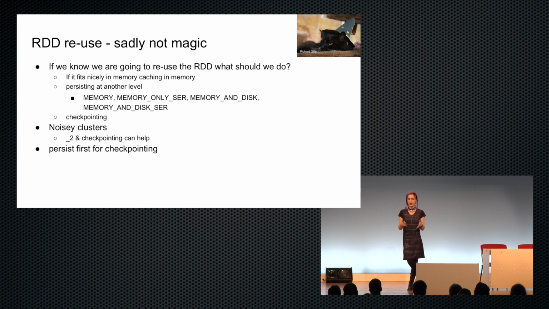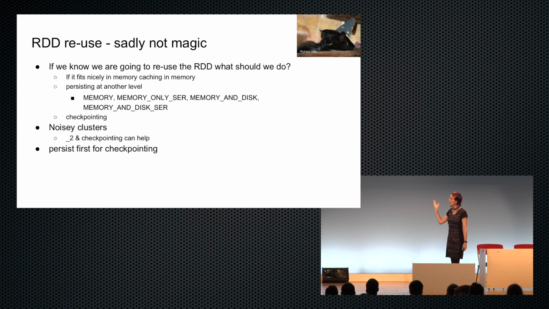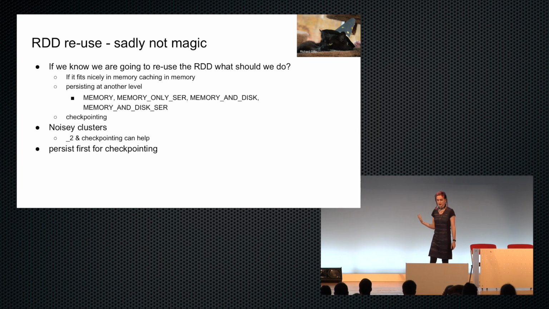And our action is something like saving it out to disk or counting the records, something that forces Spark to evaluate it. And Spark can't see forward in our program to tell if we're going to be reusing the same data multiple times, right? It's not like a compiler. It doesn't have a whole program view of what's going on. So we need to help Spark out, and we need to tell it when we're going to be using data multiple times. And so there's a few different options to do this, right?